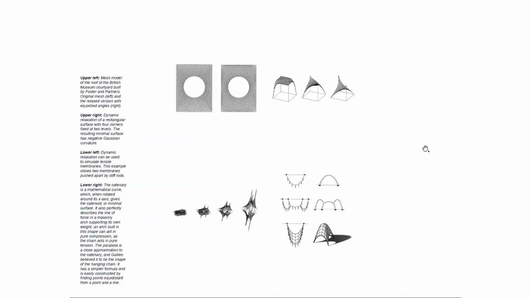And in architecture, we use them to simulate tensile structures, so for example, tents. Okay, but you can go beyond that as well. So there's, for example, this, if you were ever in London, the British Museum courtyard, the glass dome, it's like